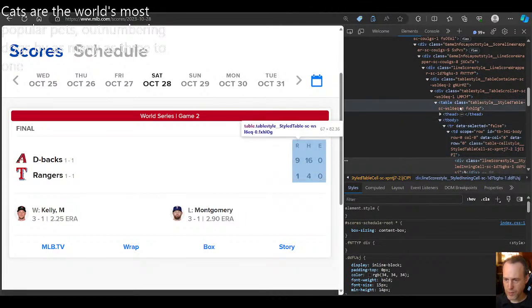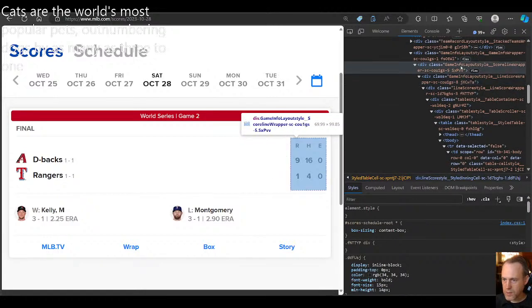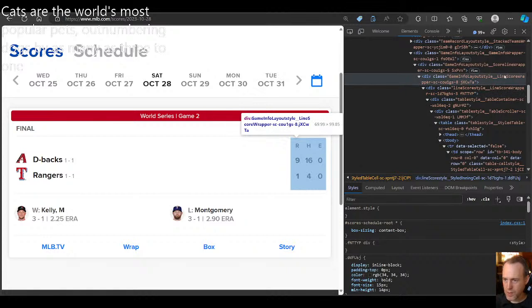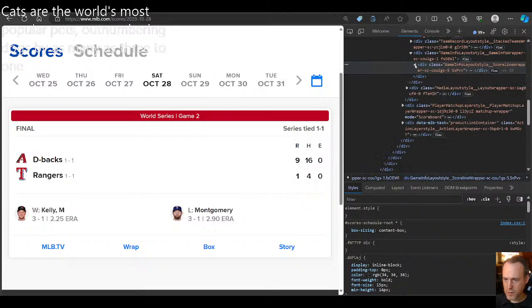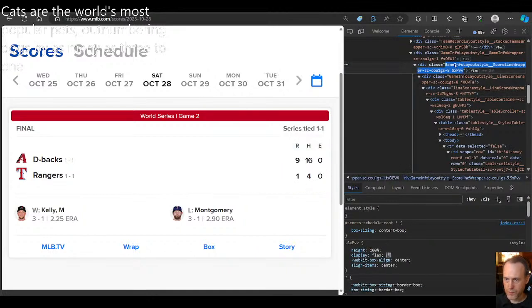So instead of grabbing the table, let's see if we can grab one of the divs. These guys seem like they're going to work out, like game info style, live score wrapper, or scoreline wrapper, info wrapper. All of these things seem like they're just one div after another, in succession like this. So why don't we just grab this one,